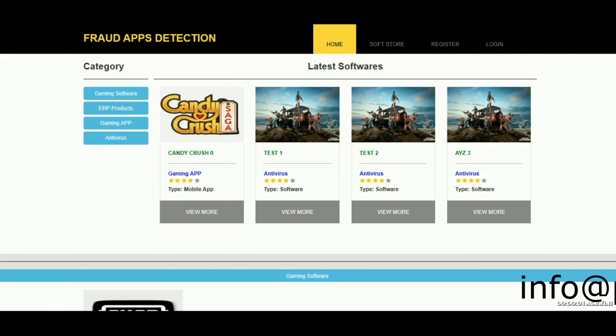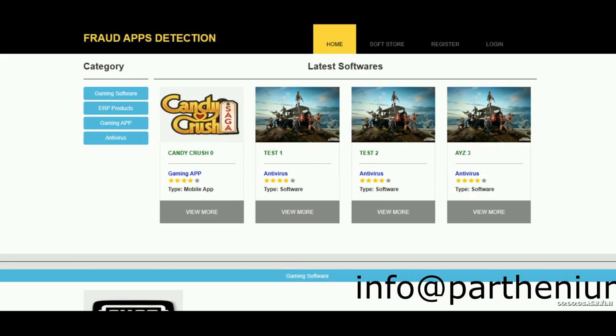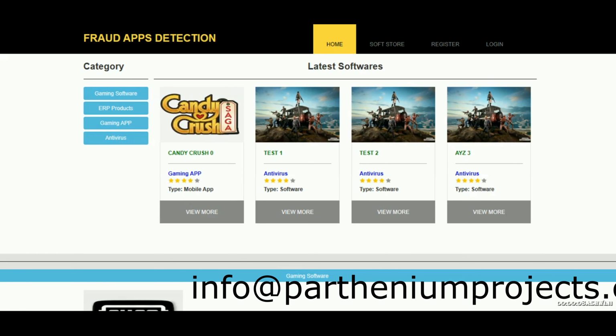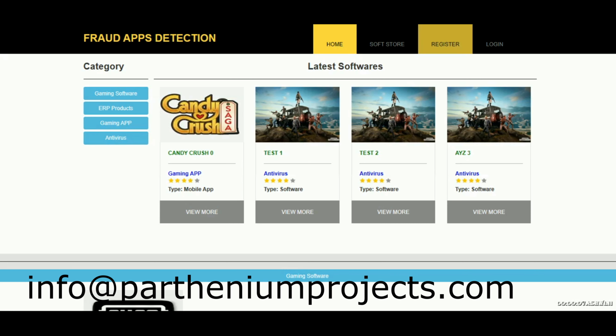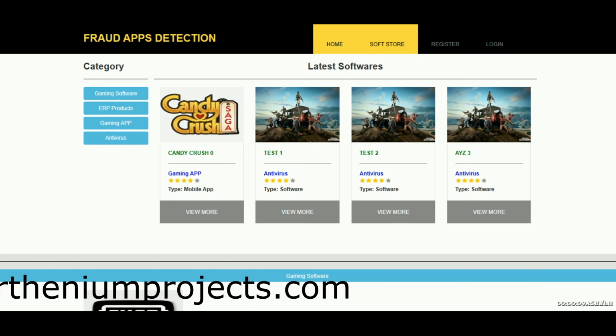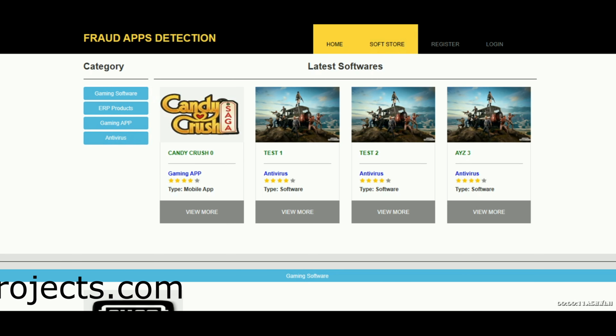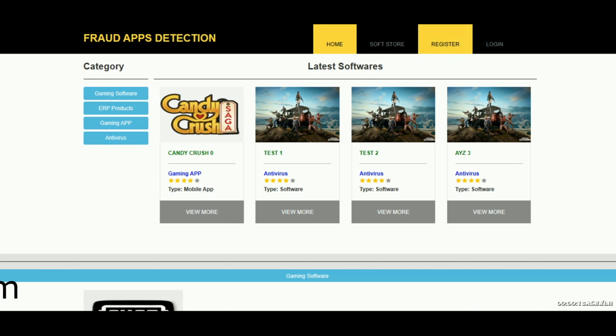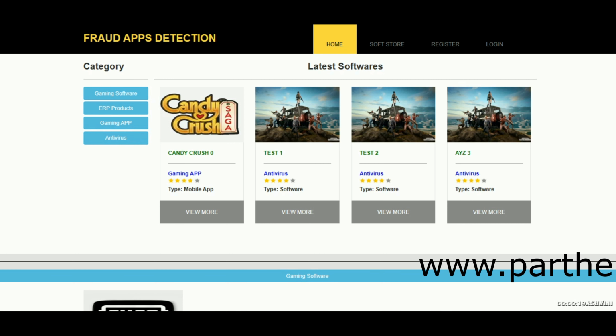Here you can see a platform. So this platform is fraud app detection. So here you can see the different menus: home, soft store, that is software store, register, and a login. Here you have categories and you have the latest software in the home screen.